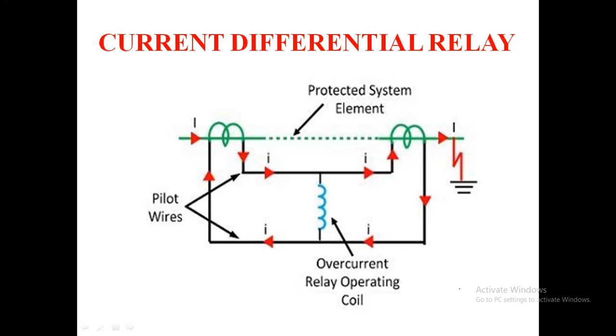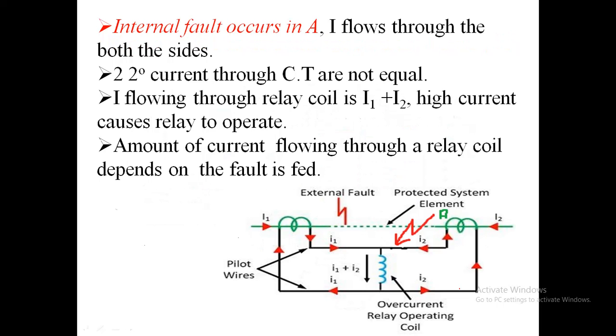In the differential relay, we compare the current at the two ends of the alternator winding. In the normal condition, the alternator winding will carry a normal current of, say, 1000 amps. The currents in the two secondaries of the current transformers will be equal, and this current will circulate between the two current transformers and no current will flow through the differential relay. This is for the normal condition.